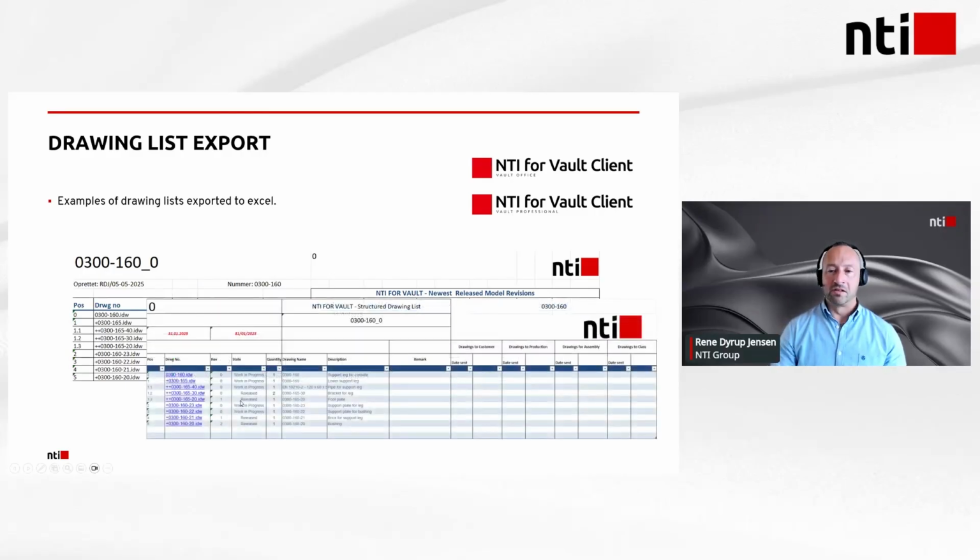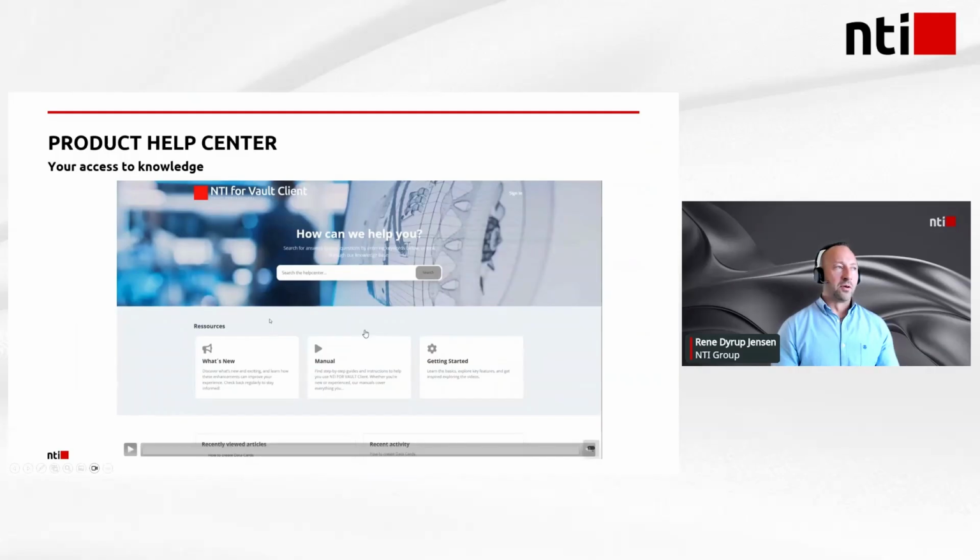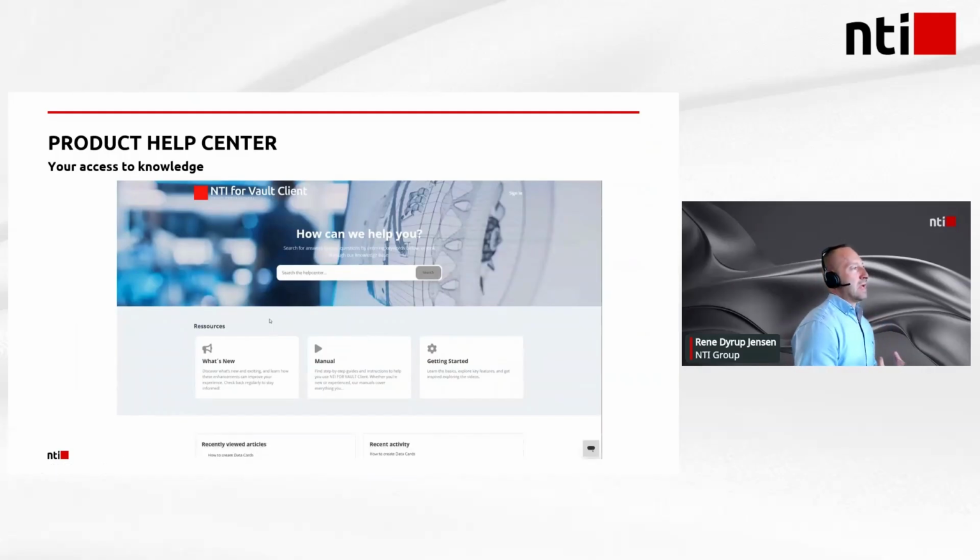But it could also be Excel sheet containing links. So when you press these links, so you can see in the drawing number, Vault thin client will actually open up and view the specific drawing or model. So you can basically interact with Vault from these Excel sheet as well. And so as you can see, we have a lot of different functions that can actually help you having control, keep track of your data, handling your data as part of the release cycle, but also to collaborate with your data.